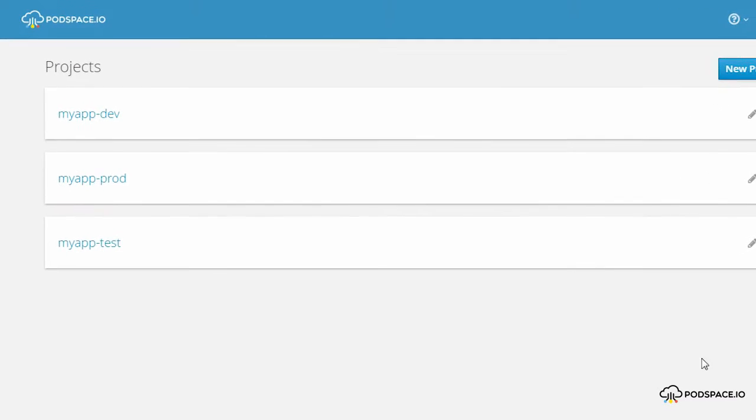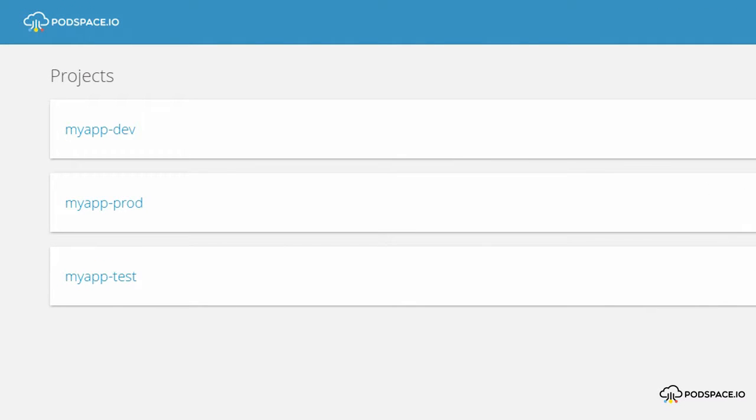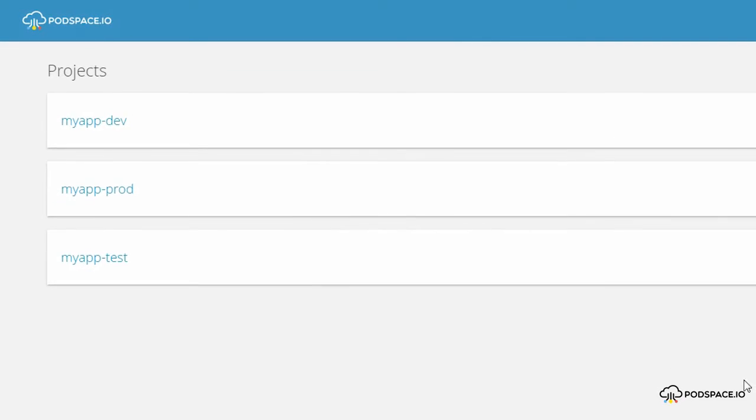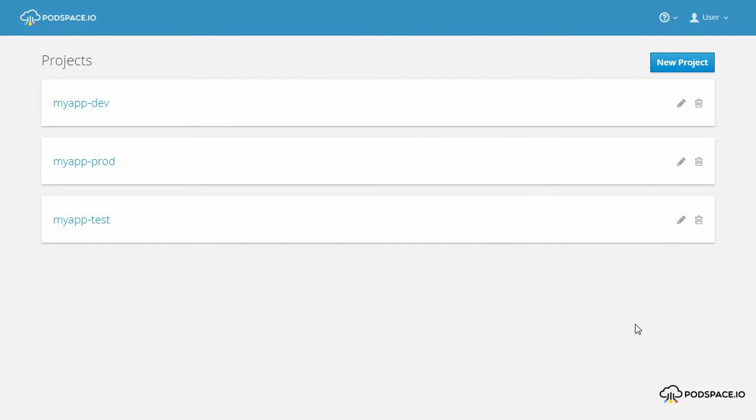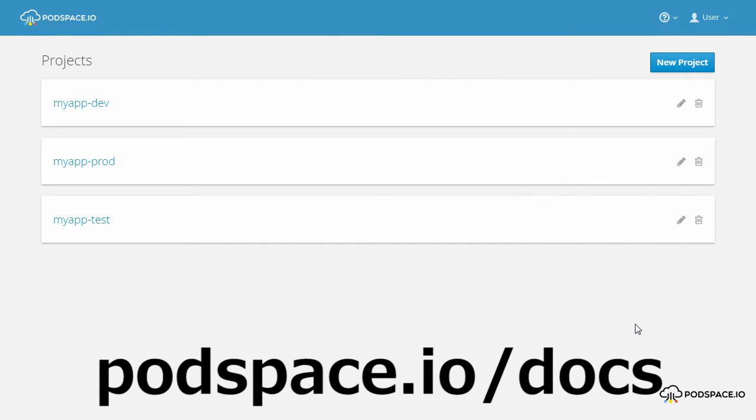We have created 3 projects serving as a development, a testing and a production environment in which, during the pipeline process, the application is built, tested and deployed. It is relatively easy to set everything up from scratch, and we have a tutorial article in the PodSpace documentation site where you can find detailed instructions on how to set up the same configuration that I'm going to demonstrate